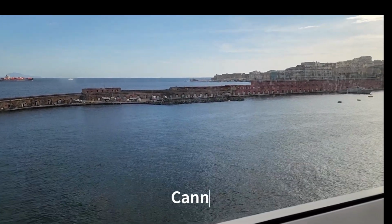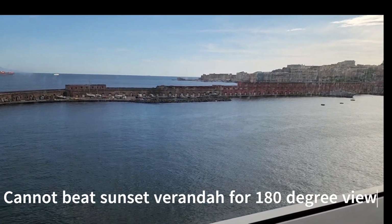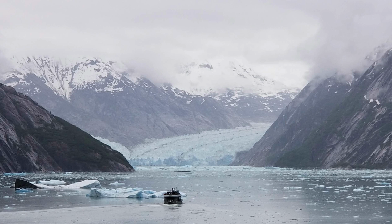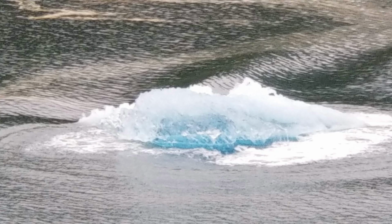We had a really great view. You got a 180-degree view of the back of the ship, and we actually saw more wildlife from the back of our Sunset Verandah than we would have seen from the side of the ship. Because as we were sailing away, we could see porpoises jumping in the distance, icebergs floating by, and then also